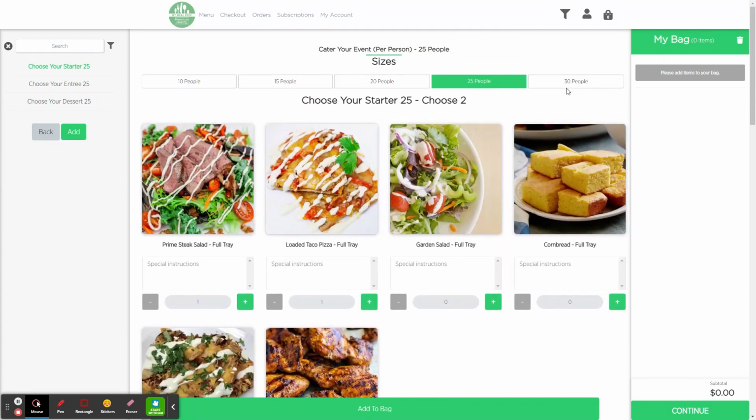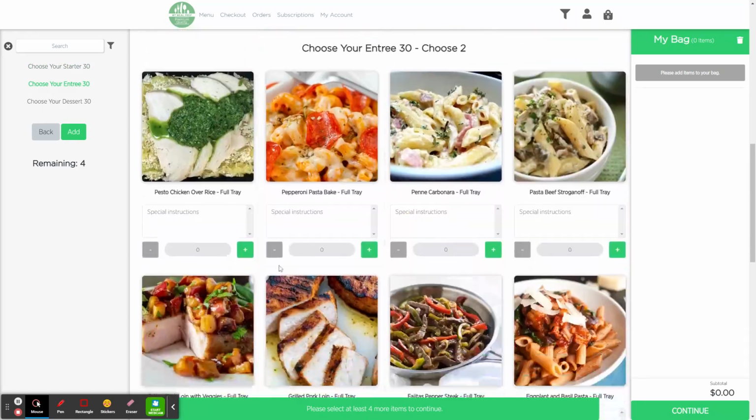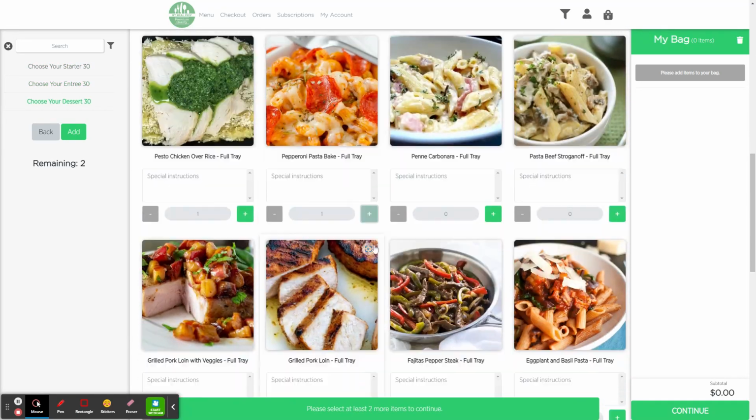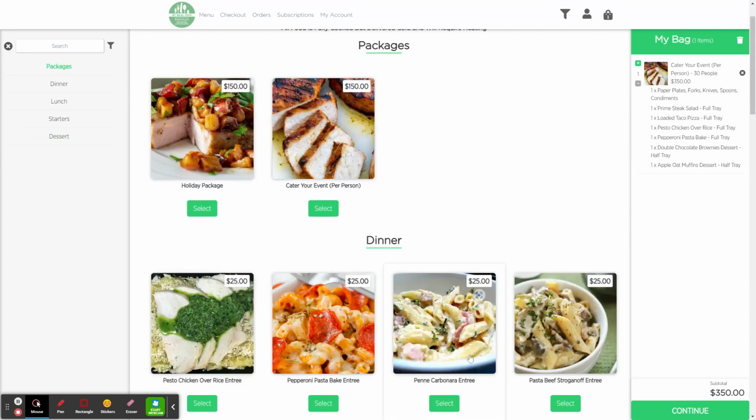So as you can see, this could obviously go from 10 people up to 100, up to 200. And it's all just pre-programmed in very simply so that the system knows that depending on the size of the party, how much of each item to give to that customer. So really quick again, I'll just make these selections. Two full trays, and two desserts. Add to bag. And just like that, that's a $350 order for a 30-person event in just a few clicks